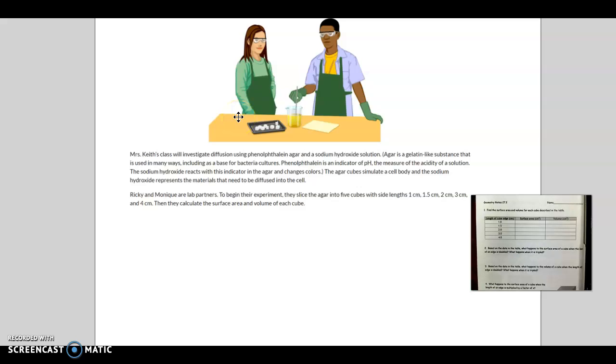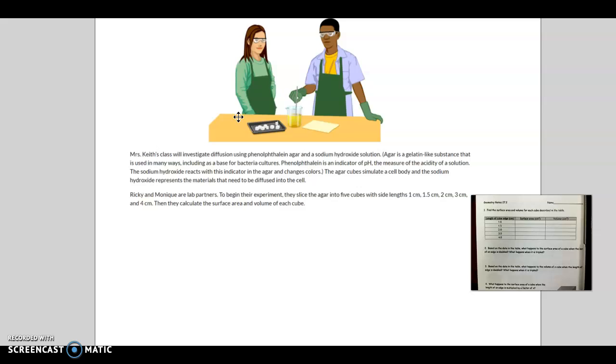All right, so Mrs. Keith's class will investigate diffusion using phenolphthalein, agar, and a sodium hydroxide solution. Agar is just a gelatin-like substance that is used in many ways, including as a base for bacteria cultures. Phenolphthalein is an indicator of pH, the measure of acidity of a solution. The sodium hydroxide reacts with this indicator in the agar and begins to change colors. The agar cubes simulate a cell body, and the sodium hydroxide represents the materials that need to be diffused